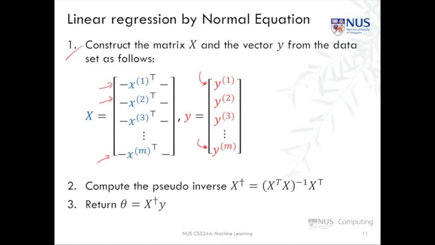And then we're just going to compute this pseudo-inverse, this x dagger, by taking the transpose of x, multiplying it with x, computing this expensive order n cubed operation on hopefully what is a small matrix if we don't have a lot of features, and then again multiplying that by the x transpose. Great. Once we have that, we're going to return that multiplied against y,